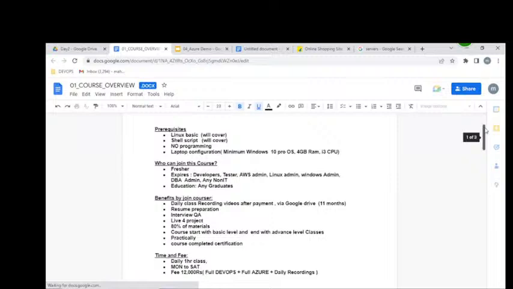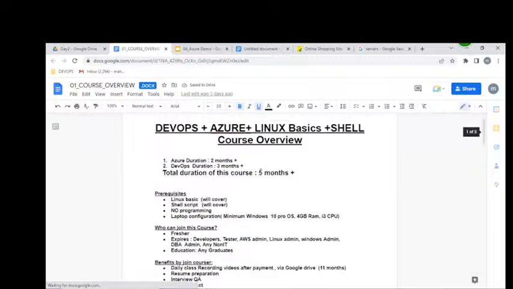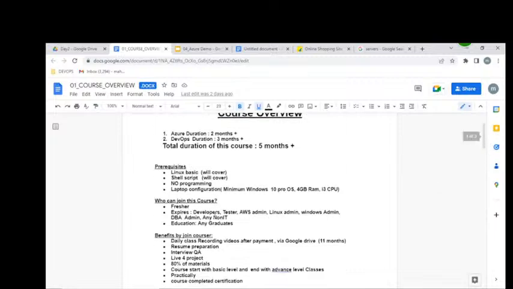The total course duration is 5 months. No programming is required. You need a laptop to practice daily. Freshers can join this course, and experienced people can also join. Any graduate can join this course.